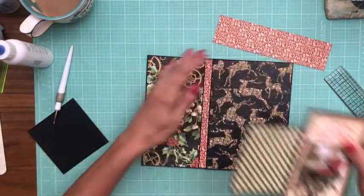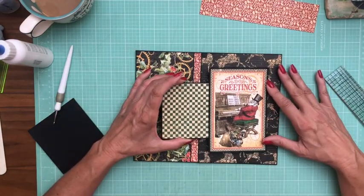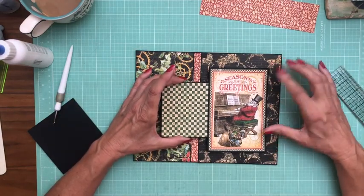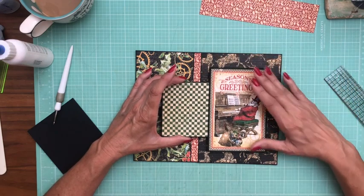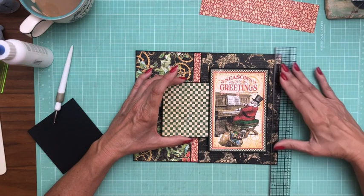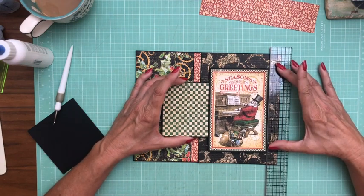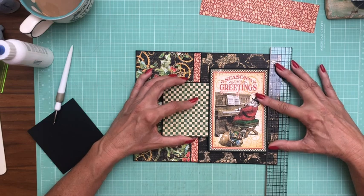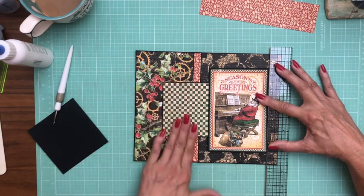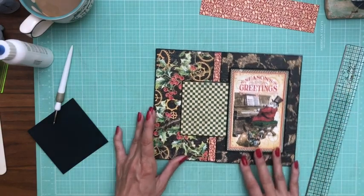Okay. Now we're going to center it. I'm just eyeballing all of this. Don't lay this side down, you're not ready. Center your ephemera card on this panel. Okay, now we're going to glue that down. Okay, good, good, good. Now when you open it,